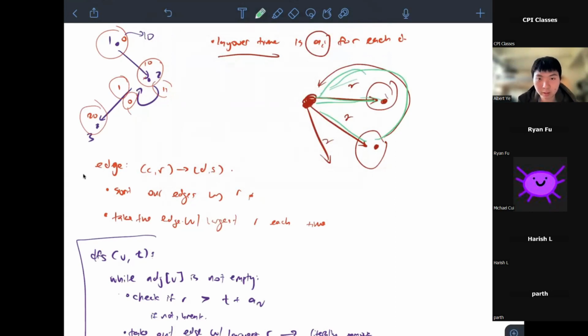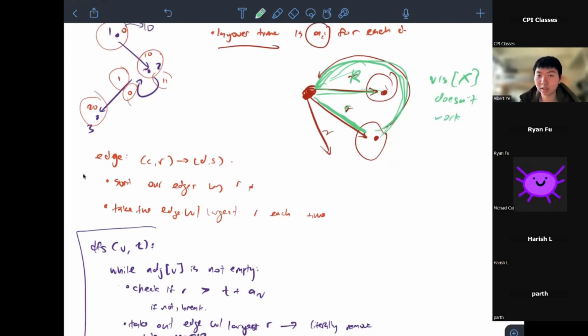Because if we just set visited like in a normal DFS, this would not work, because there is a possibility that there is a way of entering the edge from an earlier, from a smaller r into a bigger r that we would not have accounted for otherwise. So